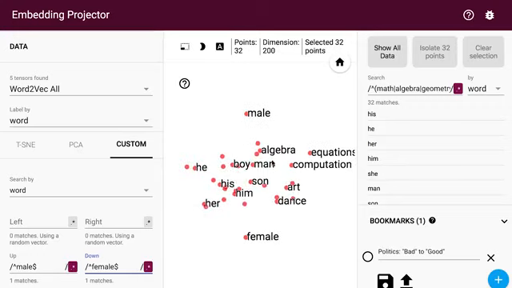And unfortunately, what we also see is that many of the words that are toward the female end have to do with art. So for instance, you see art and dance and sculpture. Now, this isn't universally true. There are also some that have to do with math, like numbers. On the other side of the spectrum, we also see that a lot of the math words are clustered near the male side. That includes equations and computation and algebra and calculus and geometry and math.